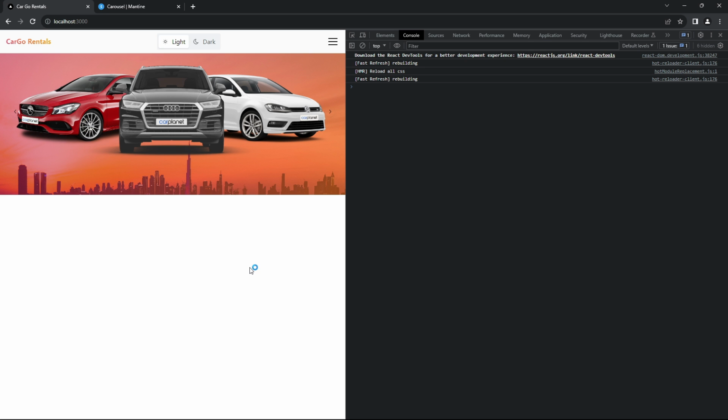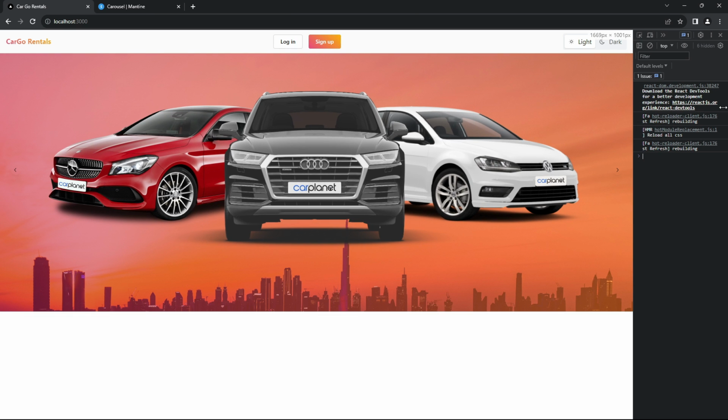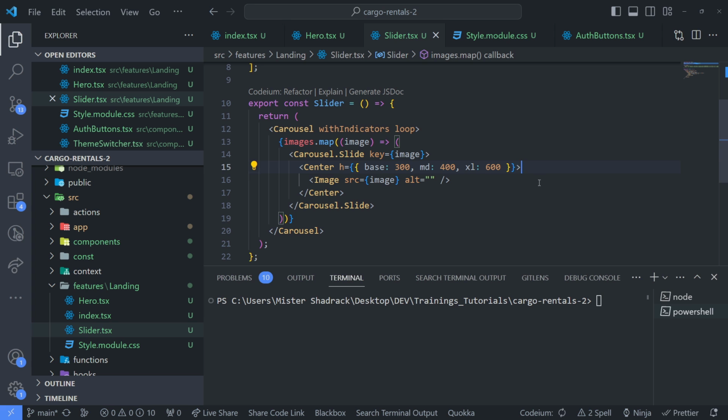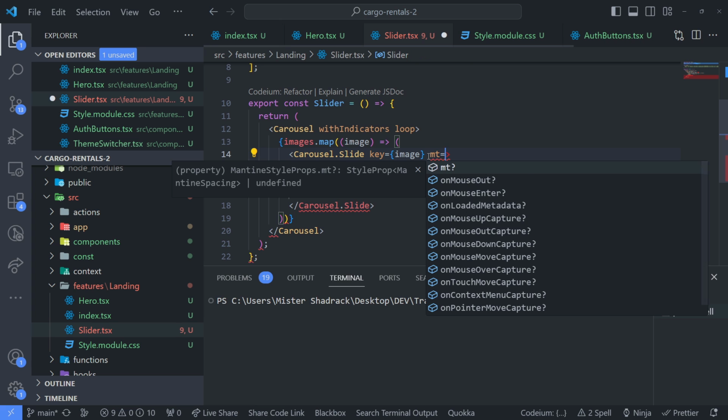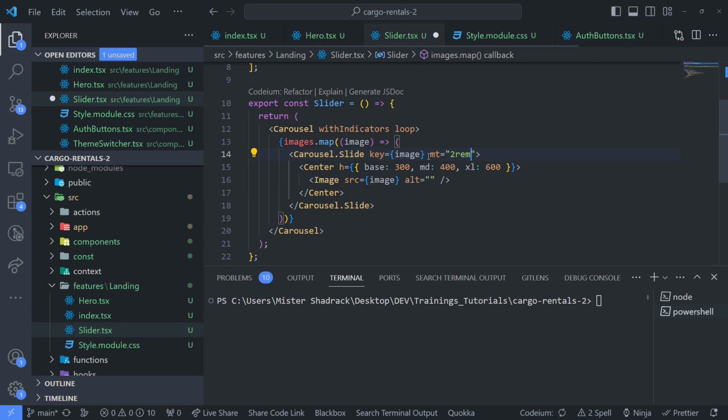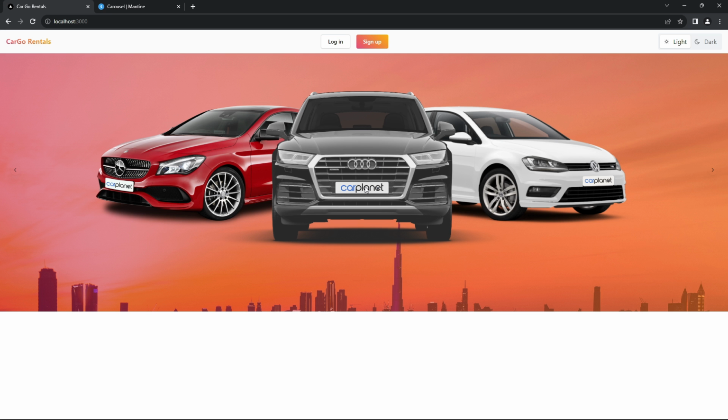Right, and then when we come back, as we can see, nice. So let's make it bigger. Yeah, I think the thing I am missing is margin top. Alright, and I added a margin top of 2 rem,